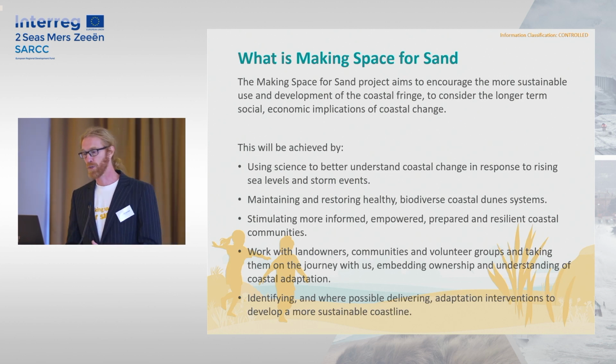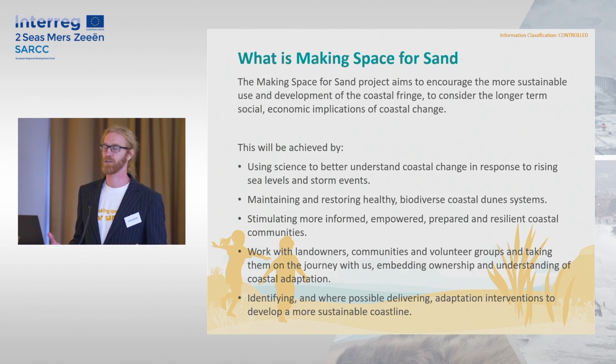I think it's really important we've got to work with community groups. It's a bottom-up approach. Everything that's been said previously, it kind of makes my heart sing. We've got to involve community. They've got to be part of that solution. So we've got to work with those community groups, and we've got to work with the landowners to realise outcomes